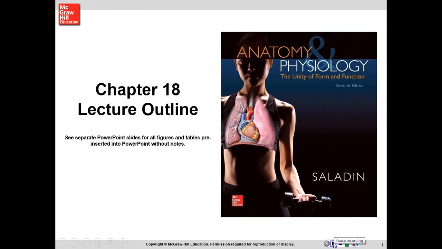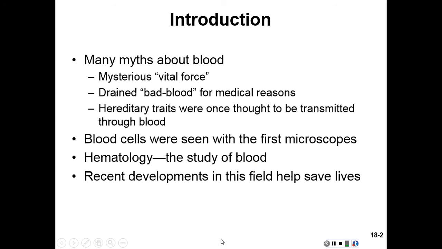Alright, chapter 18, we'll be looking at blood. Again, we're going to be looking at blood hematology, what we have looked at in the past in 201 under the microscope. When we talk about blood cells, we're talking about red blood cells and white blood cells. White blood cells play a role in the body's immune system, while red blood cells carry nutrients